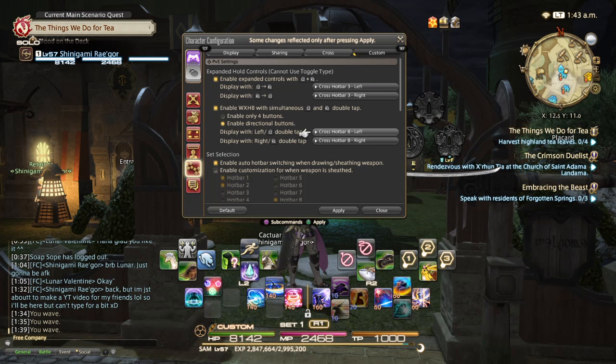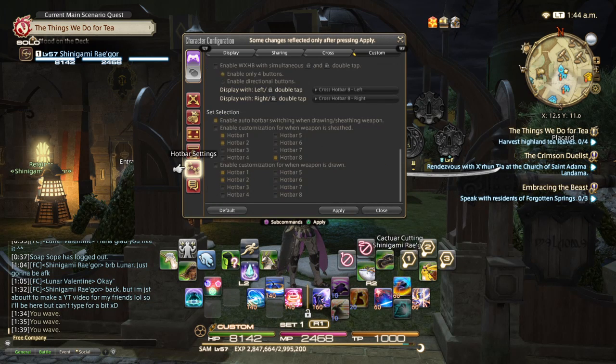You want to select what hotbar it will show when you double tap L2, and then what hotbar it will show. That's why sharing settings is important, because you can use this if you want to share hotbars between other classes, and you can use this if you want to use it for one class specifically. But now the way it works is with these enabled,